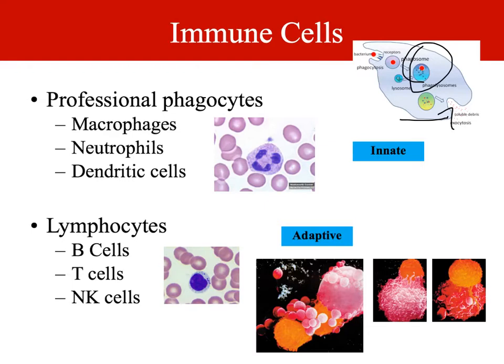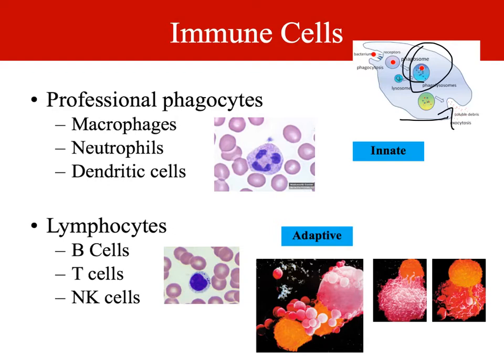On the side of adaptive immunity, you have another whole cast of cells, some of which you guys may have met already, but if not, the majority of what we're talking about here are called lymphocytes. More specifically, B and T cells. To a lesser extent, natural killer cells. Lymphocytes are, in the case of B cells, responsible for producing antibodies. In the case of T cells, one subset would be responsible for orchestrating this entire adaptive response,